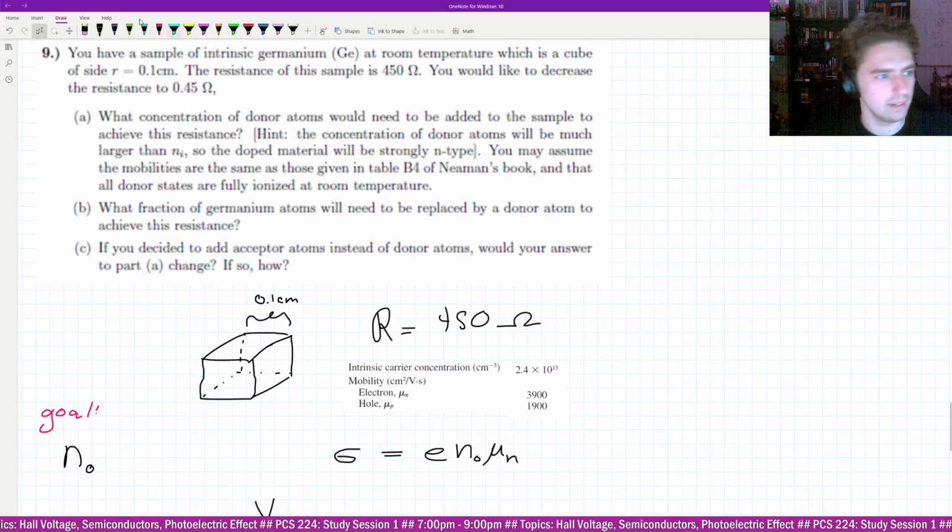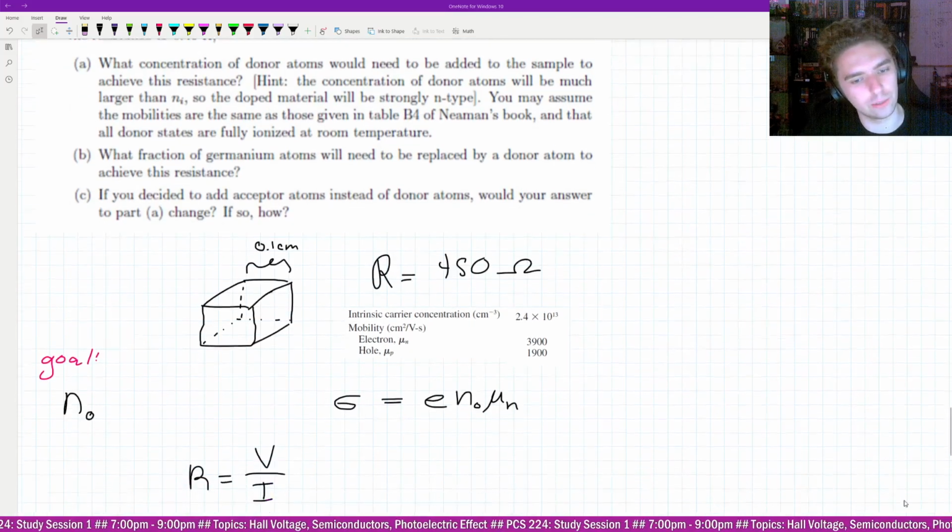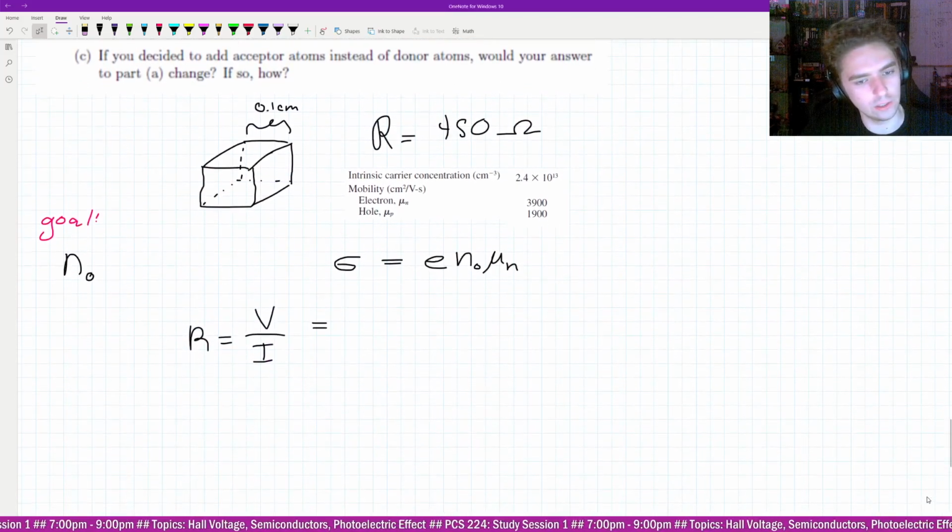That's something. Let's see if there's other stuff that I can include here. So I'm going to go to the current section. This is also equal to, now this is what might be interesting, this is also equal to the resistivity